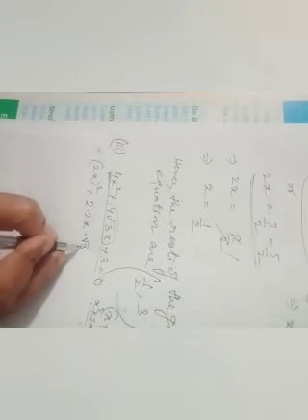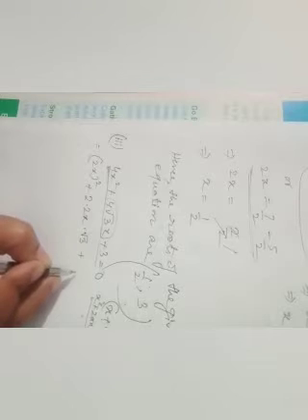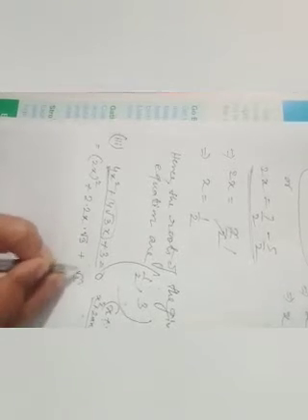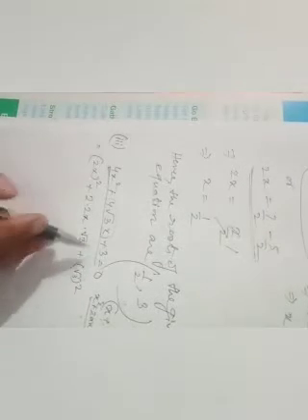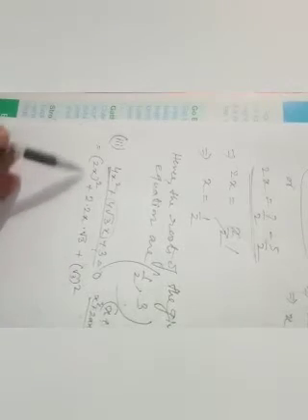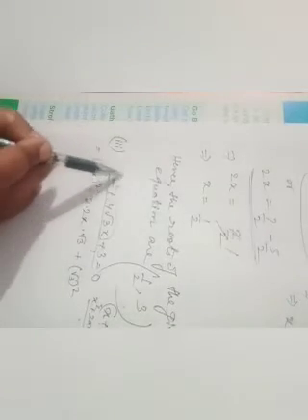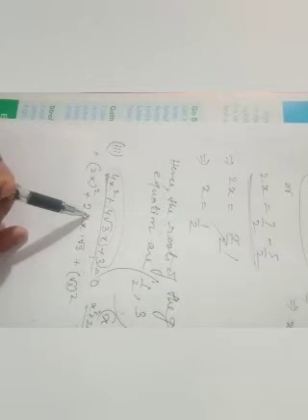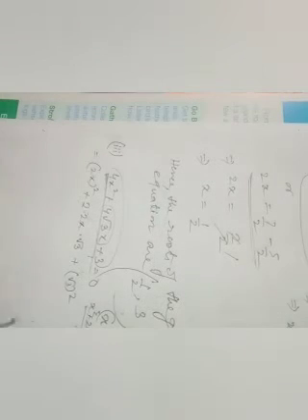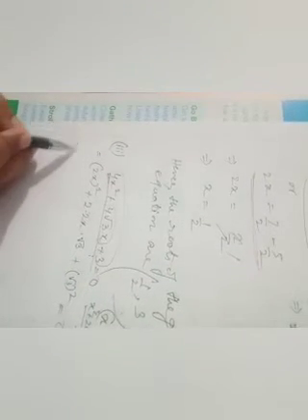As root 3 is now a, then what will be the a square then? Your a square will be root 3 whole square. Root 3 whole square is 3. So here all the numbers are in this equation. No need to add extra number by your own, and to balance the equation, no need to subtract the same. Here you are not adding or subtracting any number.